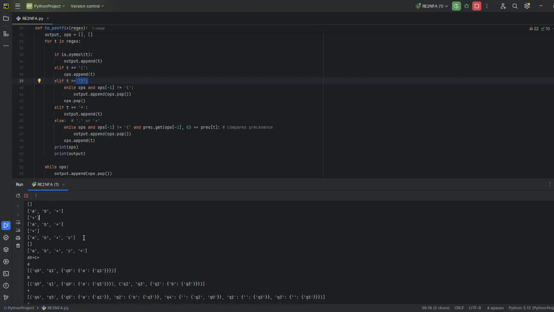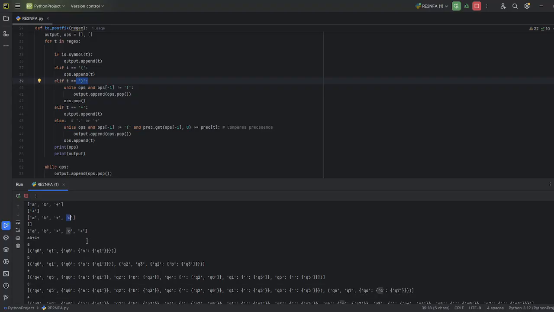This goes on for all symbols. It detects the plus first, and then it detects the C also. After it puts C in, it will then know to put the operator.